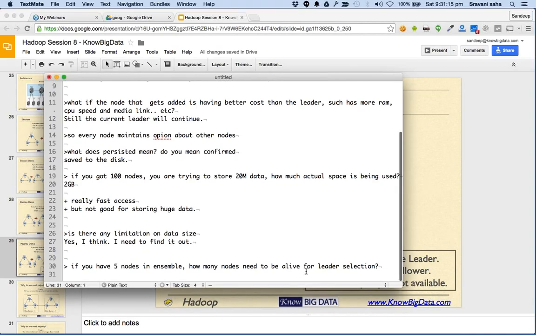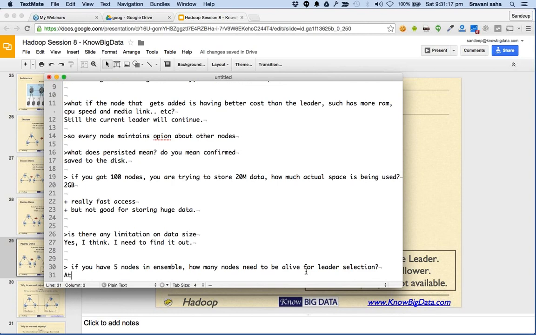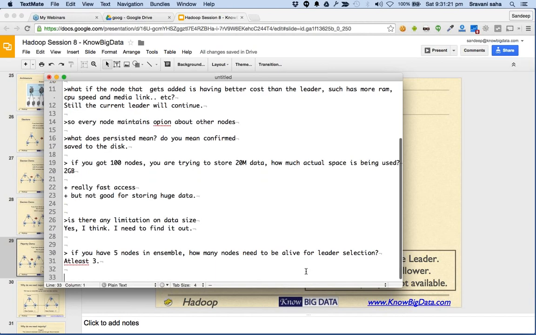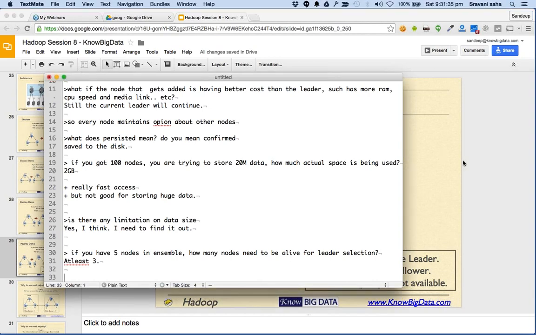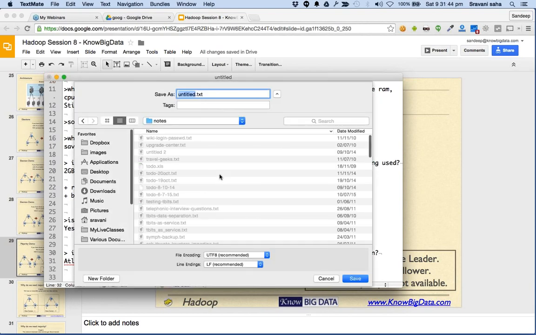Almost everybody is correct. So at least three, not at least two, at least three, because three is the majority and two is a minority. As long as in our cluster there are three nodes which are really available, okay,